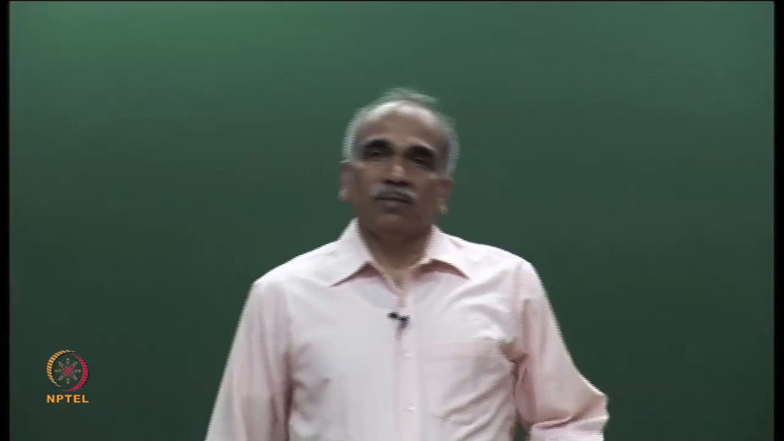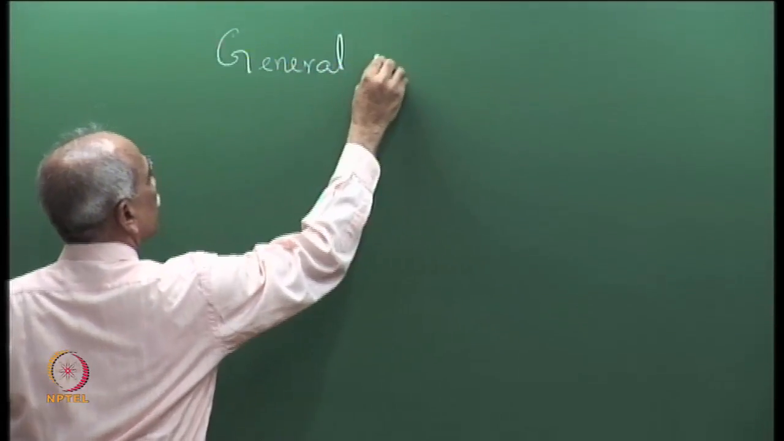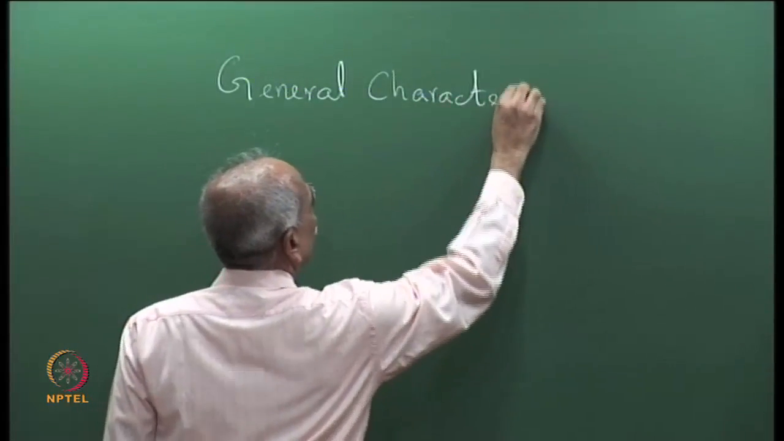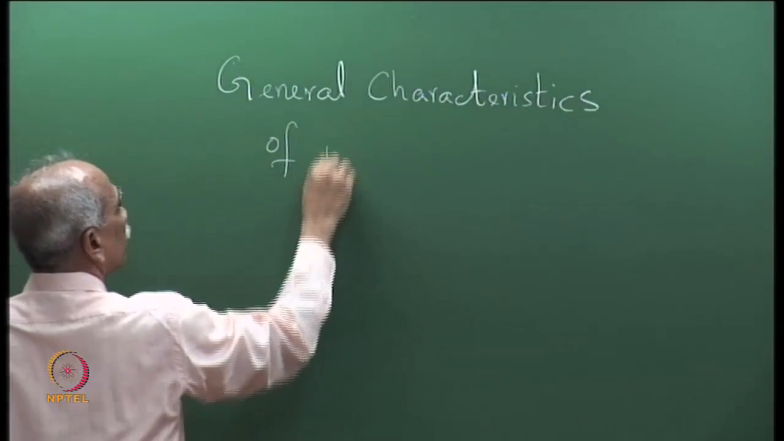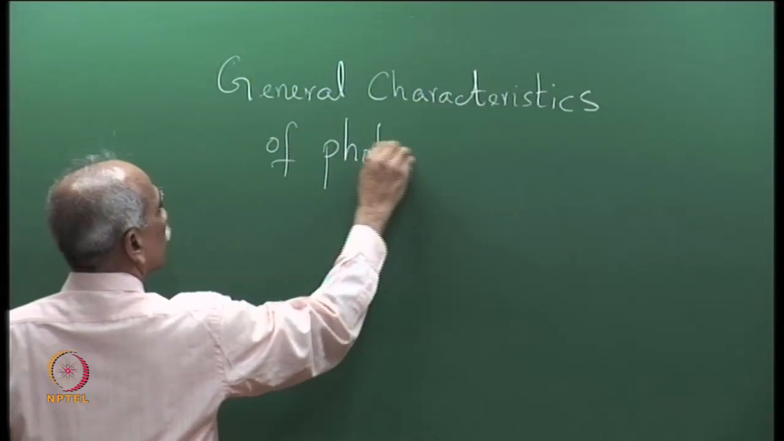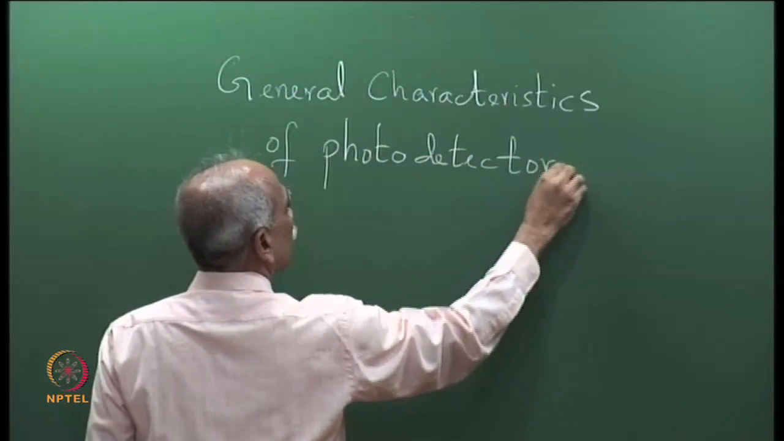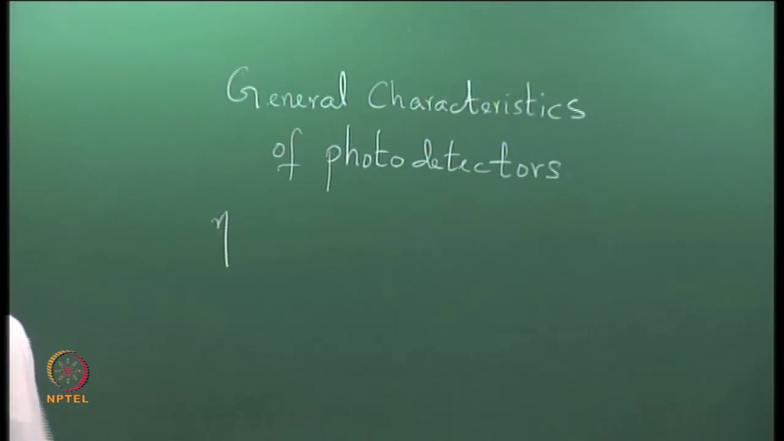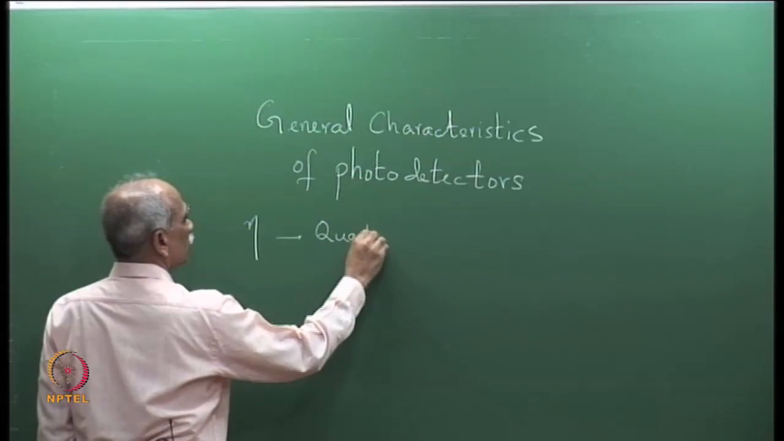Okay. In the last lecture, we discussed the general characteristics of photodetectors. And we had listed first the quantum efficiency, eta. Just to recall,